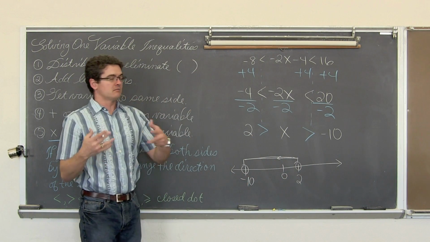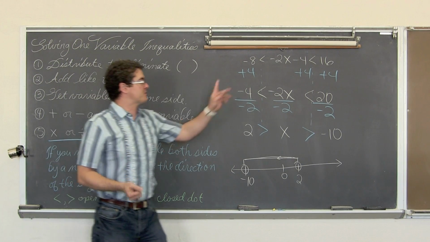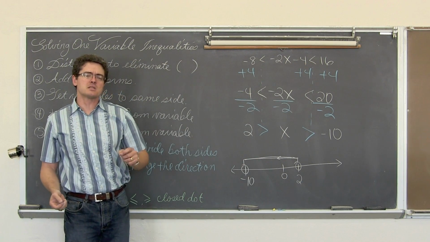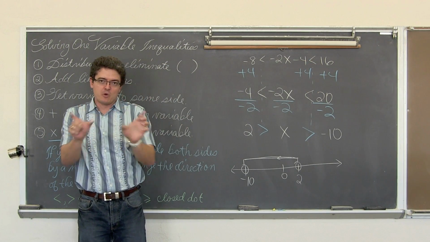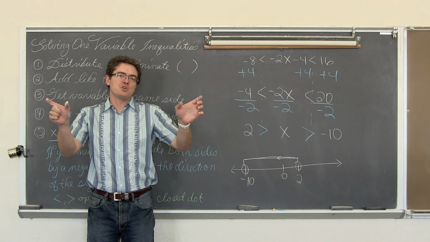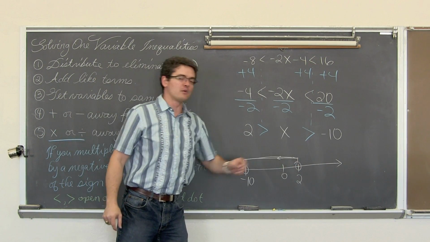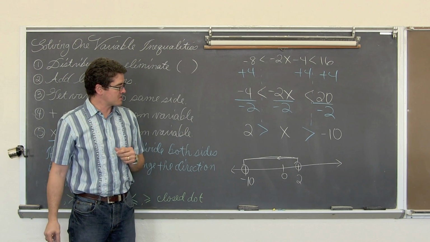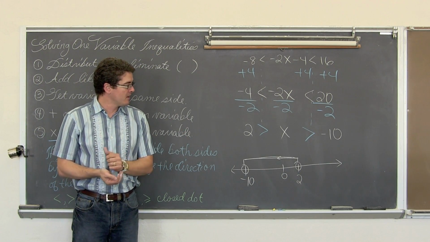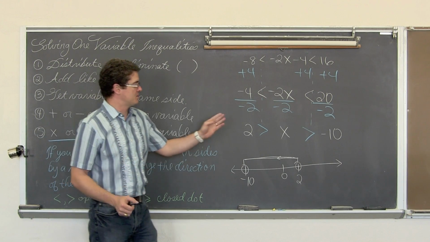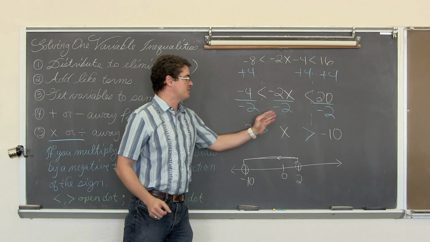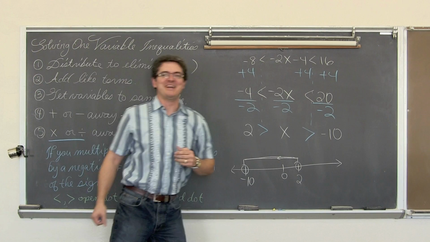Since this is a compound inequality, this three-part inequality, you need an x that solves this one inequality, or if you pulled it apart, it needs to solve both of those two parts. So I want only the overlap. Thus, my solution, like it was stated, is x is greater than negative 10 and less than 2, or 2 is greater than x, which is greater than negative 10.